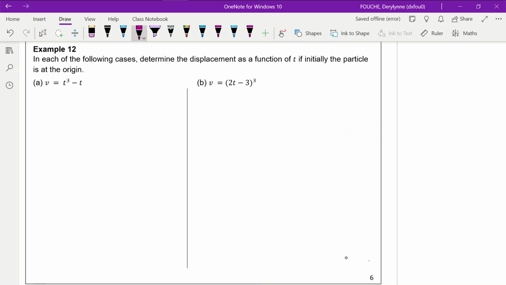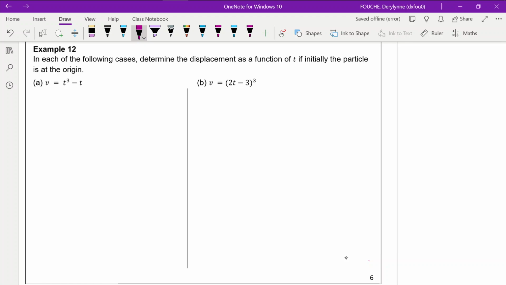All right, now we need to remember that our displacement, velocity, and acceleration are all related to each other. So velocity is the derivative of displacement, and acceleration is the derivative of velocity. So the integral of acceleration is velocity, and the integral of velocity is going to be displacement. Every single time that we are doing these sorts of questions, we need to acknowledge the